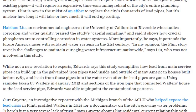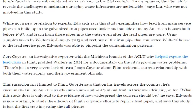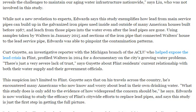While not a new revelation to experts, Edwards says this study exemplifies how lead from main service pipes can build up in the galvanized iron pipes used inside and outside of many American houses built before 1987, and leach from those pipes into the water even after the lead pipes are gone. Using samples taken from Walters in January 2015 and sections of the iron pipe that connected Walters' house to the lead service pipe, Edwards was able to pinpoint the